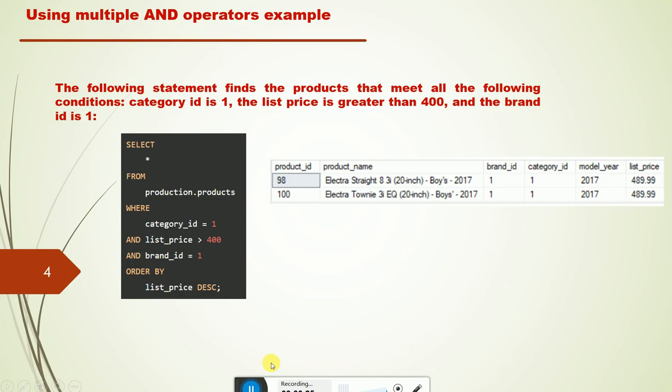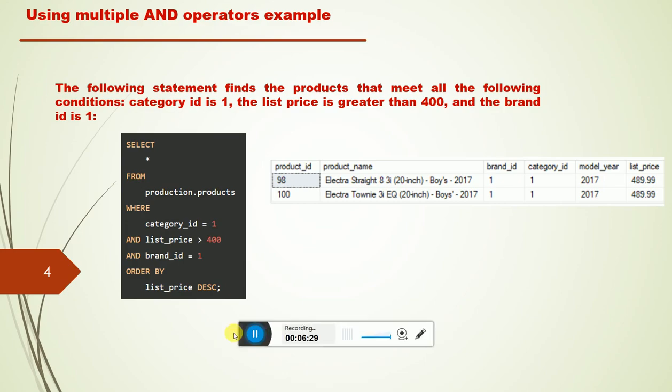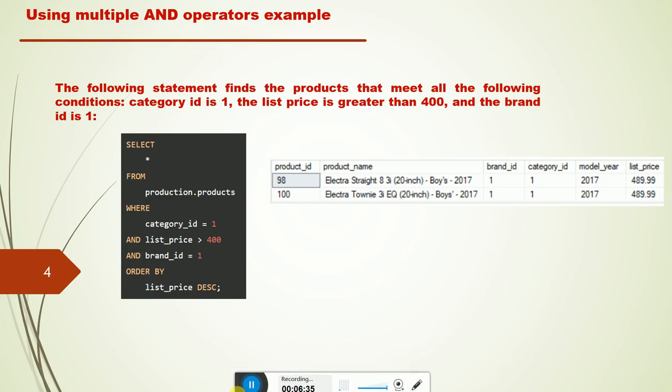Okay, now we will move to the next thing.